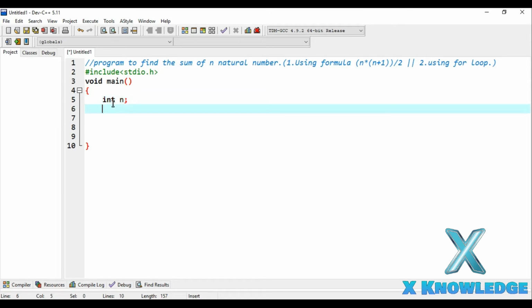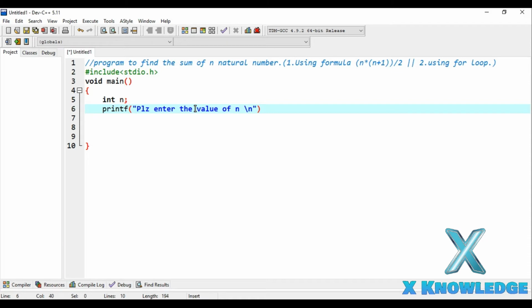Now we will give the message to the user with the help of the printf function of the stdio.h library to give us the value of n. So we will give the message, please enter the value of n, and we will use a special character, that is \n.